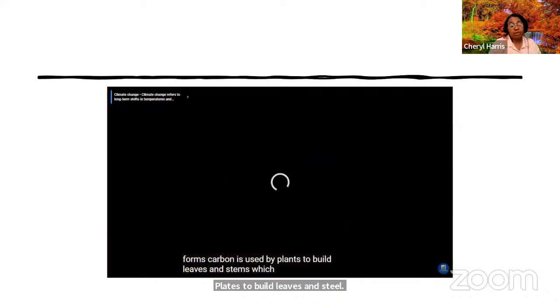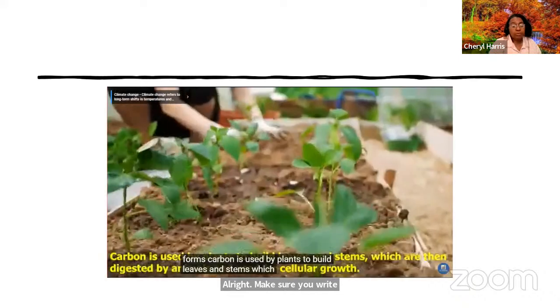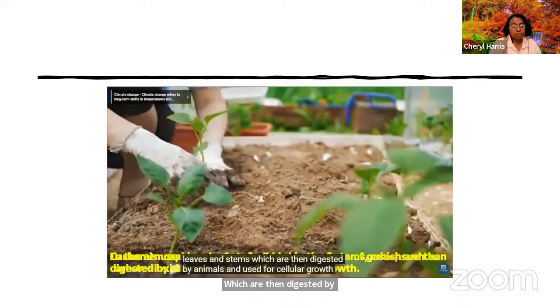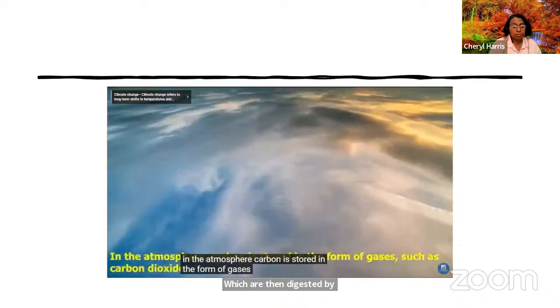Make sure you write down and make a notation of carbon reservoirs. That's a term you need to be familiar with, apparently. Which are then digested by animals and used for cellular growth. In the atmosphere, carbon is stored in the form of gases such as carbon dioxide